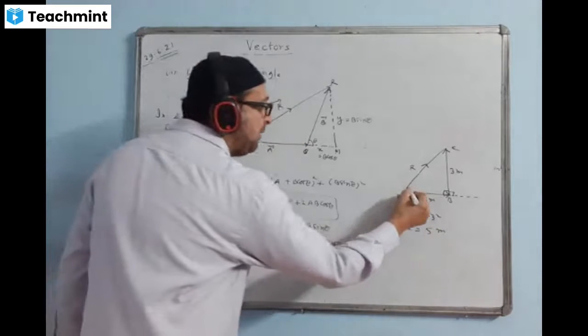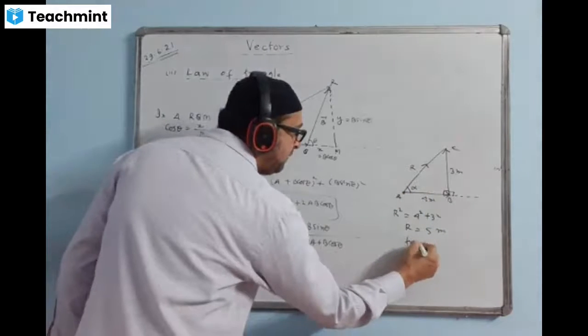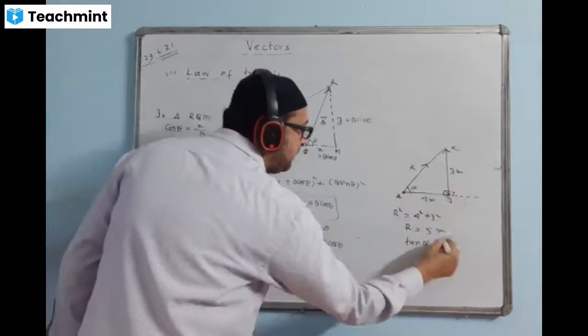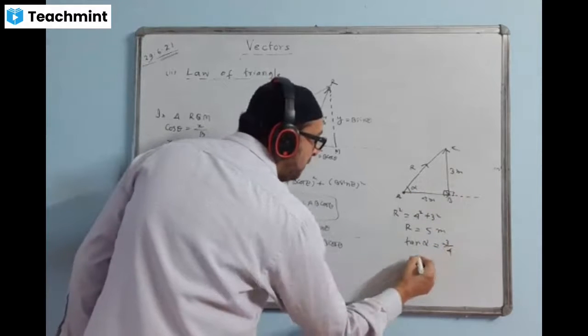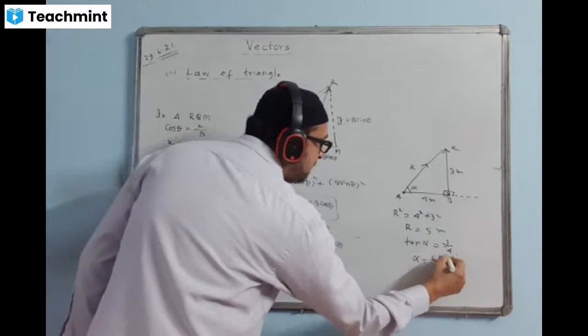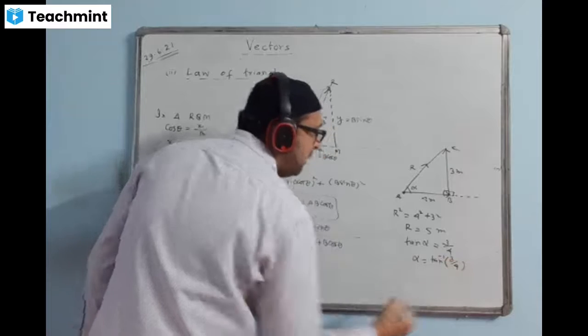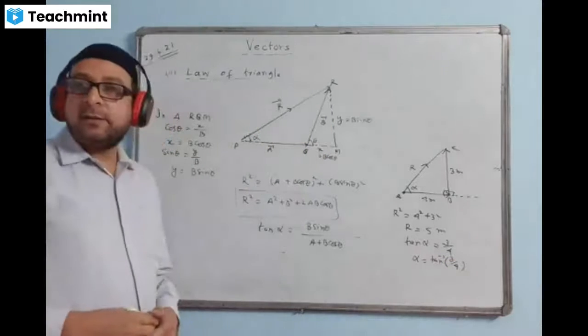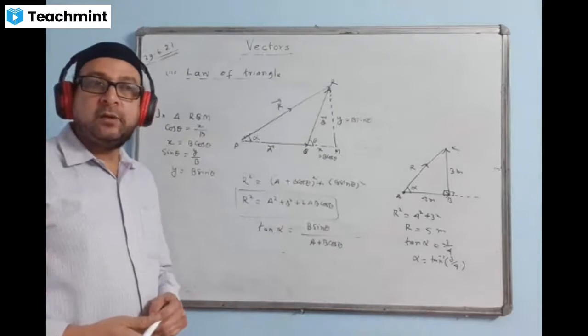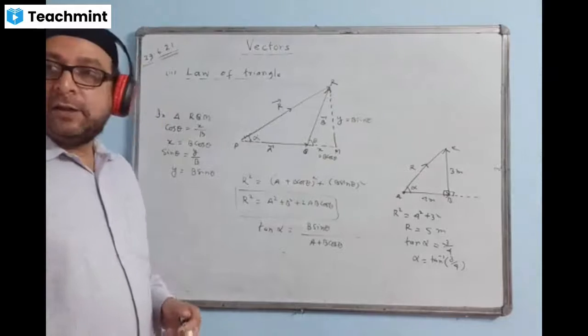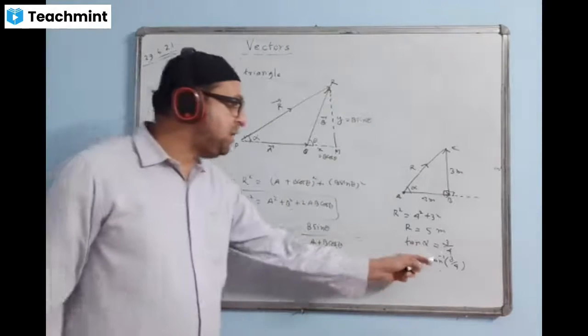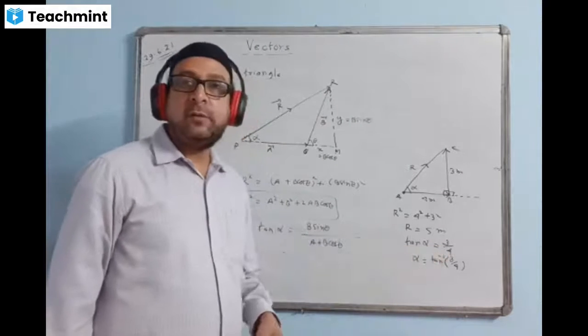And we'll find the angle alpha here. We write tan alpha is equal to perpendicular by the base, 3 by 4. Therefore, alpha value will come tan inverse of 3 by 4. I'm sure you are having a calculator. So please do calculate using the calculator. In the calculator, we have this facility, tan inverse in bracket 3 by 4.